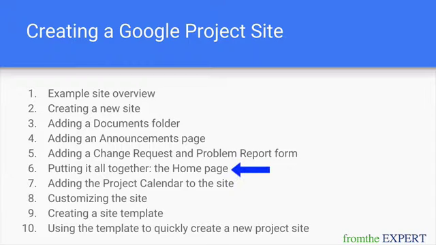And then we're going to show how we put it all together: how to create a single page where your team and stakeholders can go to get an overview of exactly what's going on with the project, announcements, dashboard, things like that. Then we'll show you how to add a project calendar to the site, which is very useful so that your team members have one place to go for reminders about status meetings, milestones, special team meetings, and things